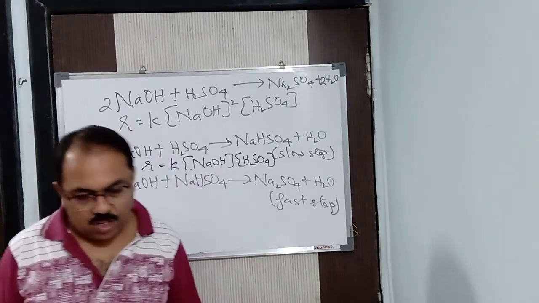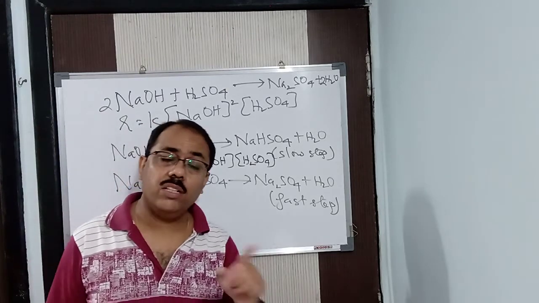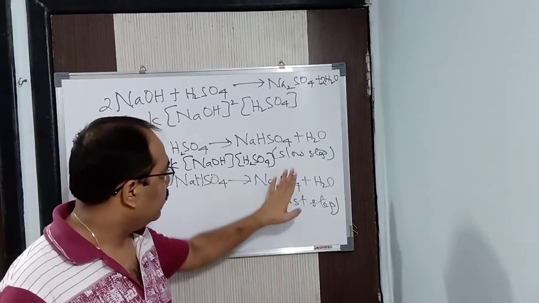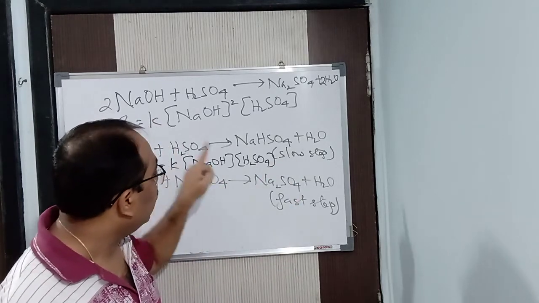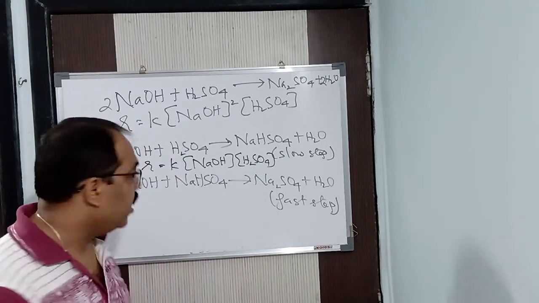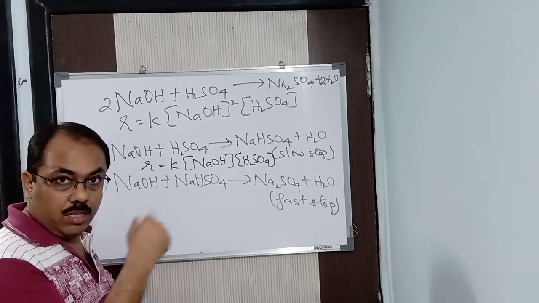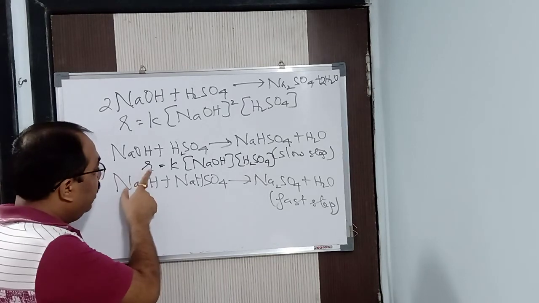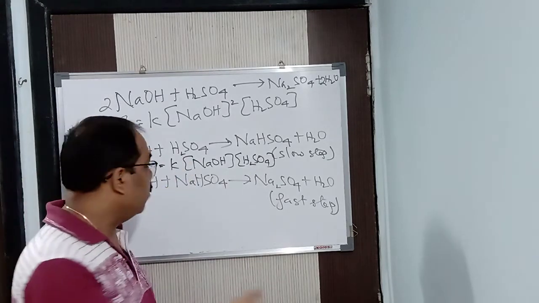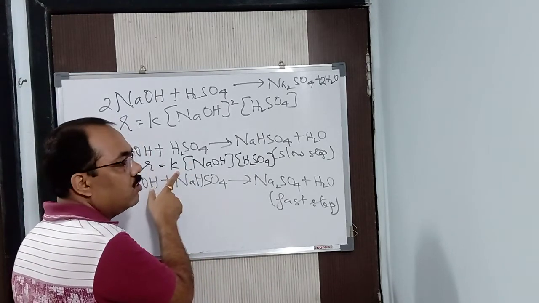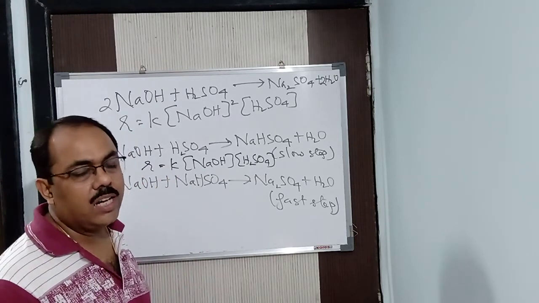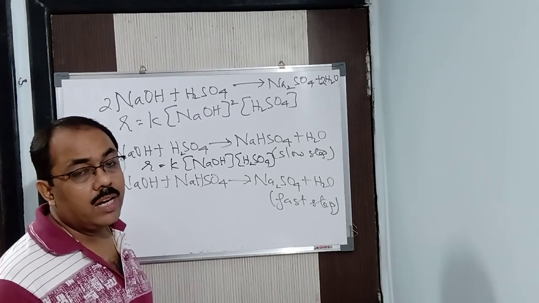Its value is constant at a fixed temperature but increases with increasing temperature. At a particular temperature, the rate constant value is fixed. Why does it increase? Because when you increase the temperature, as you have already studied in the factors affecting the rate of reaction, the reaction becomes faster. So if the rate is becoming more, the rate constant also has to be more.